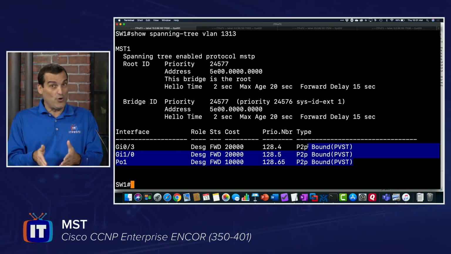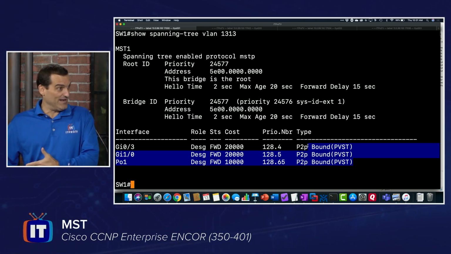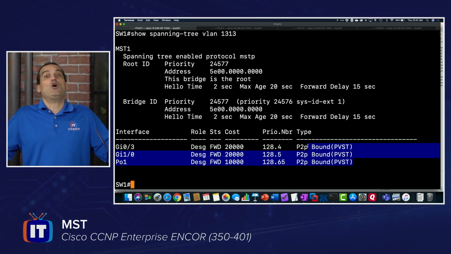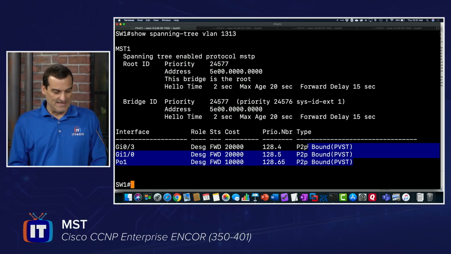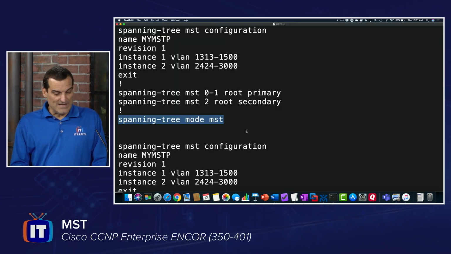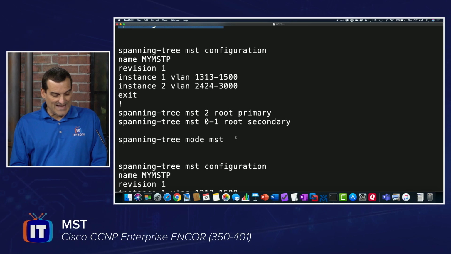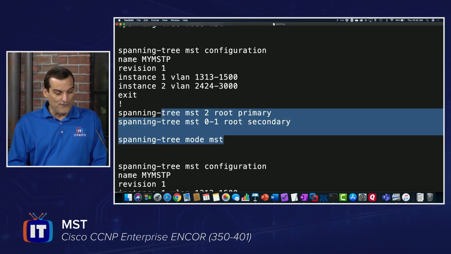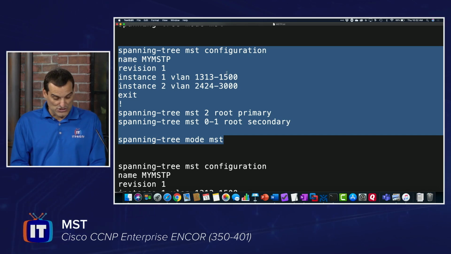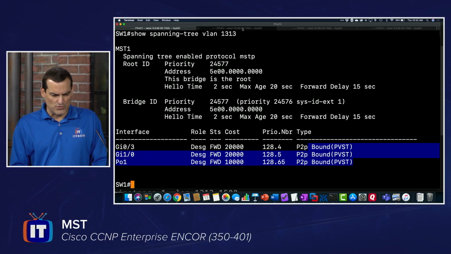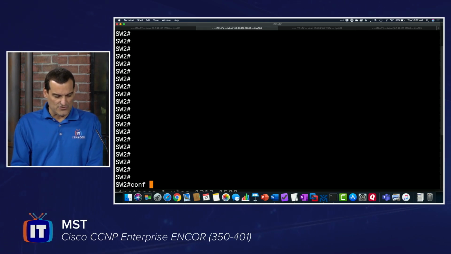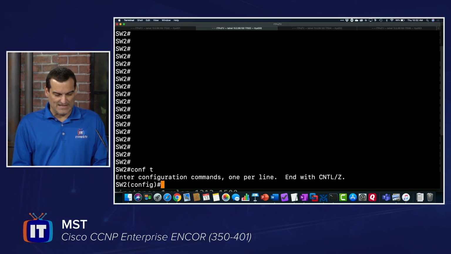So you better go out and do some more upgrading, because we're alone in this world right now of MST. But no problem. The great news is this still works. So now what I'll do, Ronnie, is I have the configuration here for our switch 2. And we'll get it into switch 2, and we'll just talk through a couple of points here because everything else